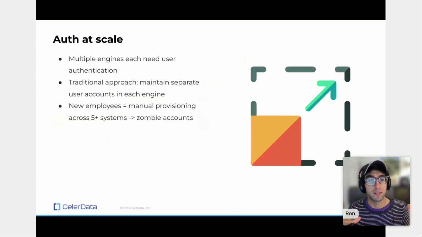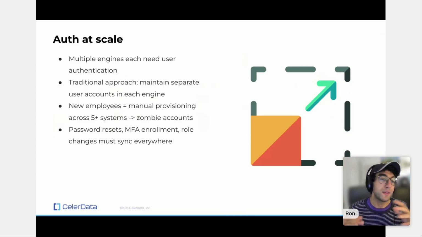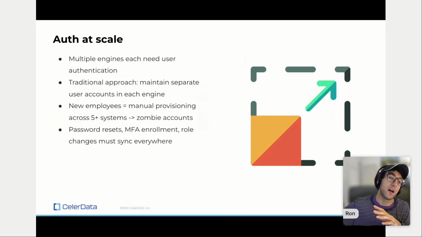Say that's across 5+ systems, right? Well, then you get into a situation where you have zombie accounts sitting in your engine. You may have some zombie accounts sitting at the cloud provider level, and you get into the whole mess of password resets, multi-factor authentication, enrollment, role changes. They have to sync everywhere because it's proprietary to the engine,